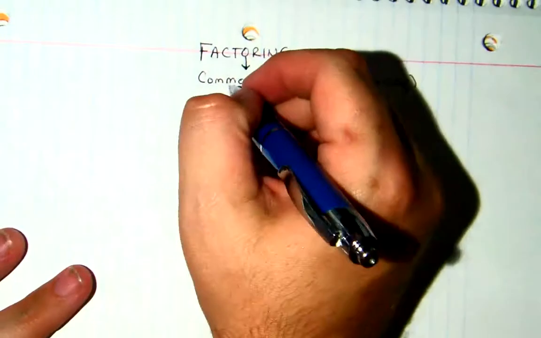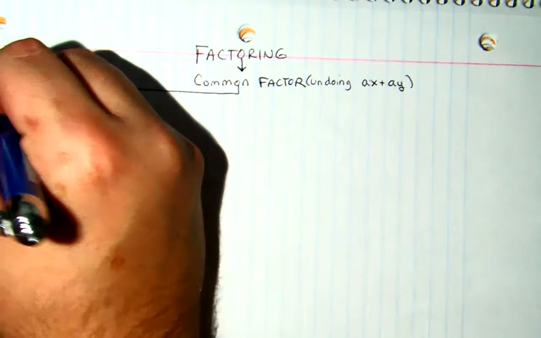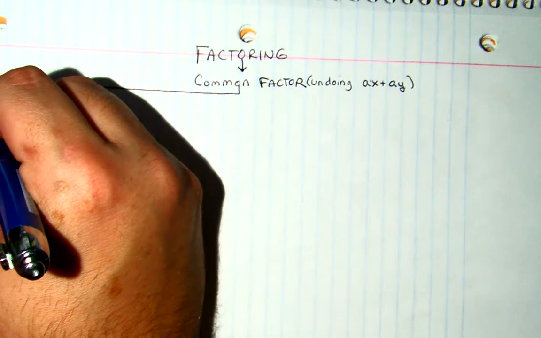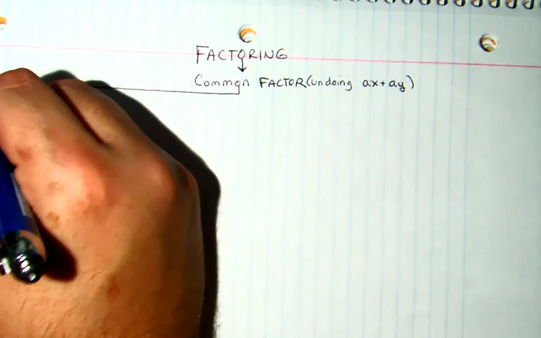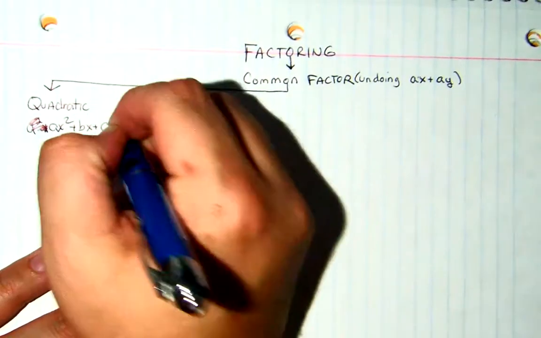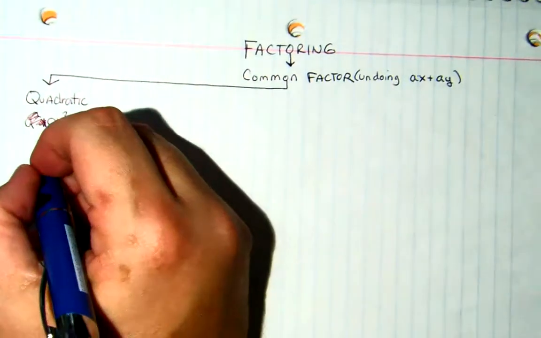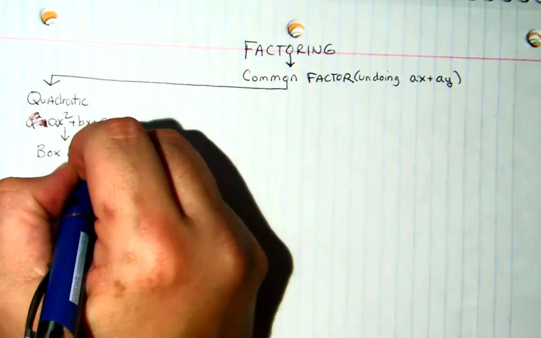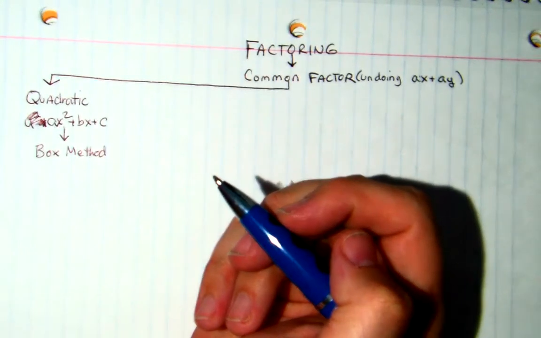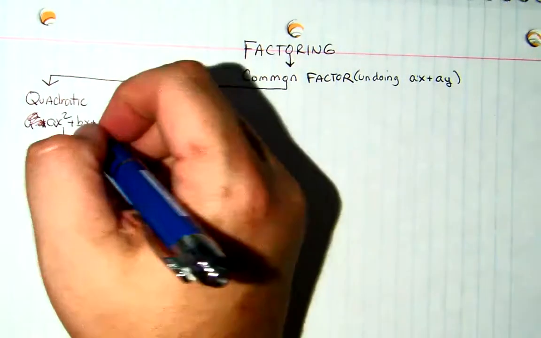Now, once you're there, if you have a quadratic situation where it's ax squared plus bx plus c, if you have that situation, then what you want to use is the box method that I showed you, which is online as well. Or